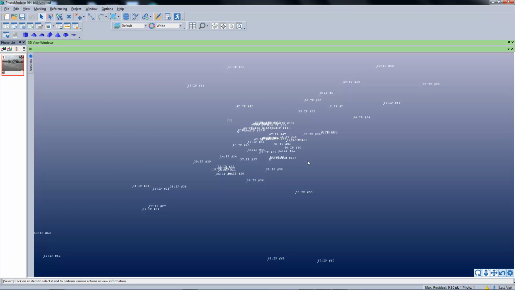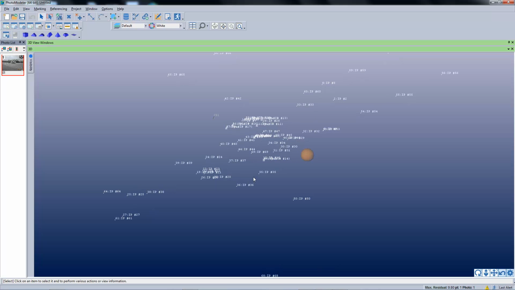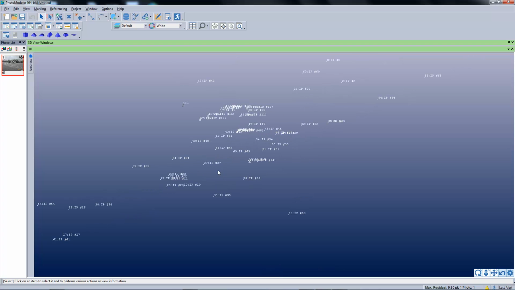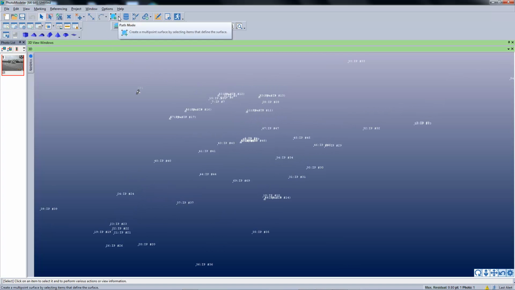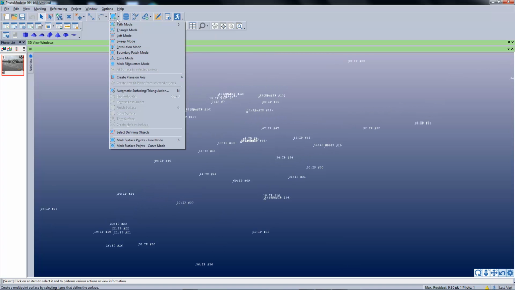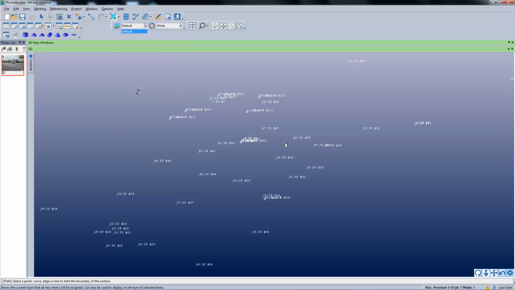What I'd like to do in this case is I'll already have a list of the points that will be used for this surface drawing. So here you go into this drop-down menu that has the blue rectangle with a plus sign in it, and click path mode. So this is going to draw a surface between all the points that we're selecting right now. So we'll hit 11, 47,